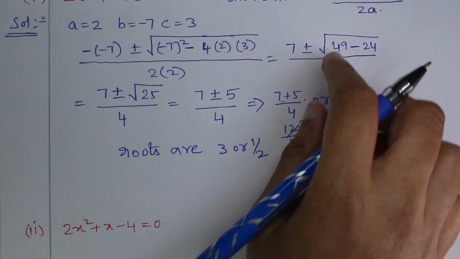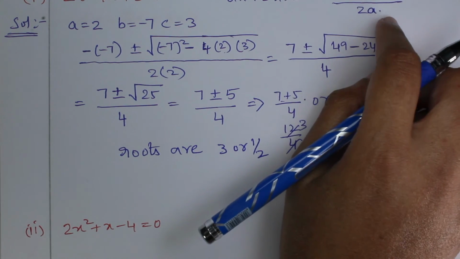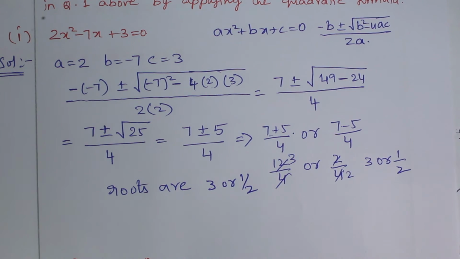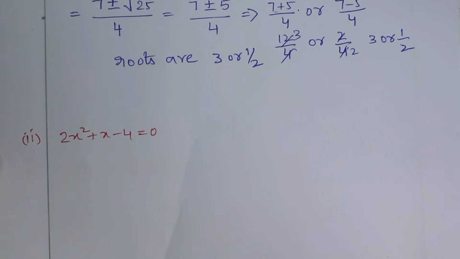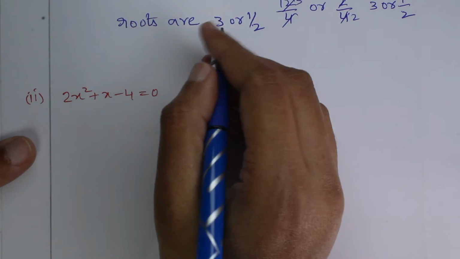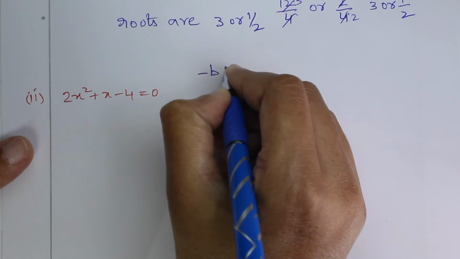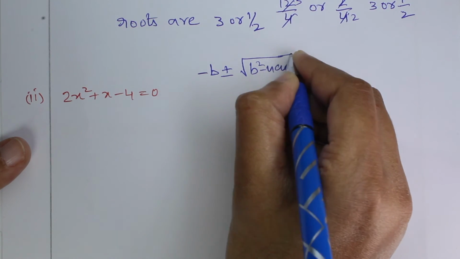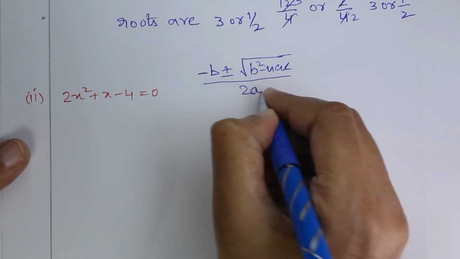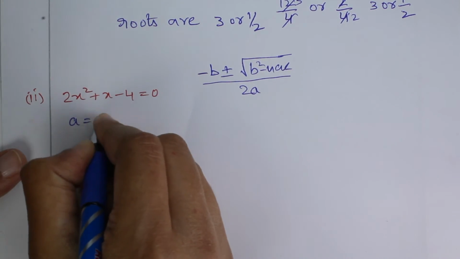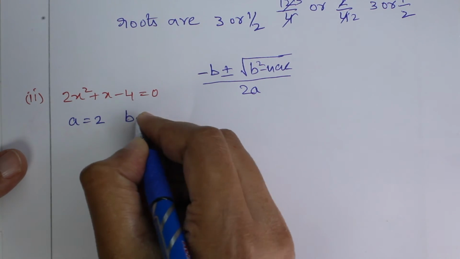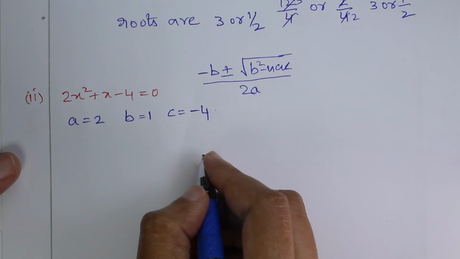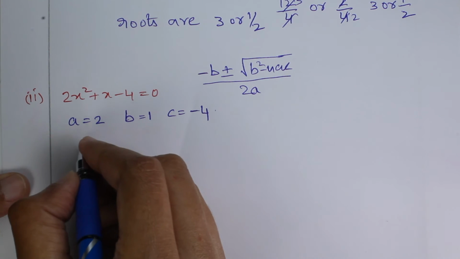We have used the formula of minus b plus or minus root of b square minus 4ac by 2a for solving this problem. So we will use the same formula here. The formula is minus b plus or minus square root of b square minus 4ac divided by 2a. So here a is equal to 2, b is equal to 1, c is equal to minus 4. Okay, now minus 1